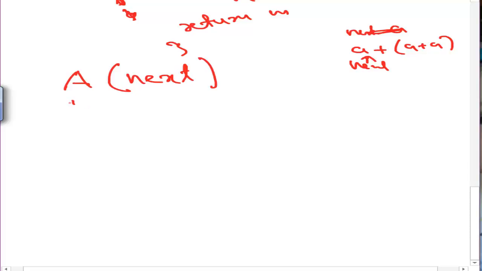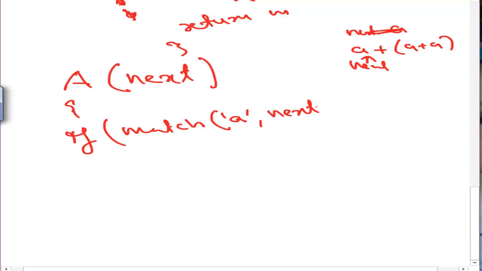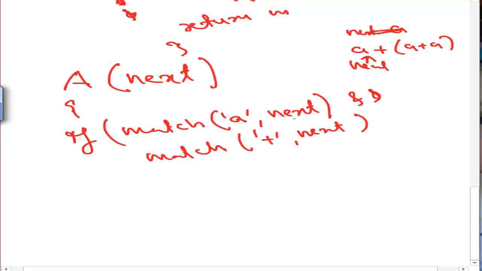Now this next is having a. So inside we have a simple if. We say if there is a match, and we send to the match the character a, comma, and I send it the next, whatever the next is, and I'm using the logical and. That means if both are true, I will do it here: match of what is there, plus, and the next. If both are true, a is there, plus is there, then